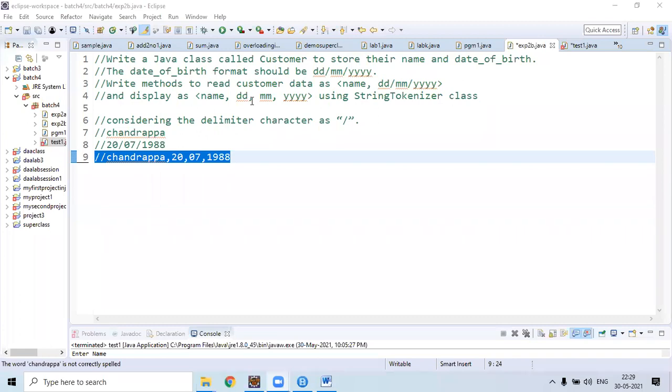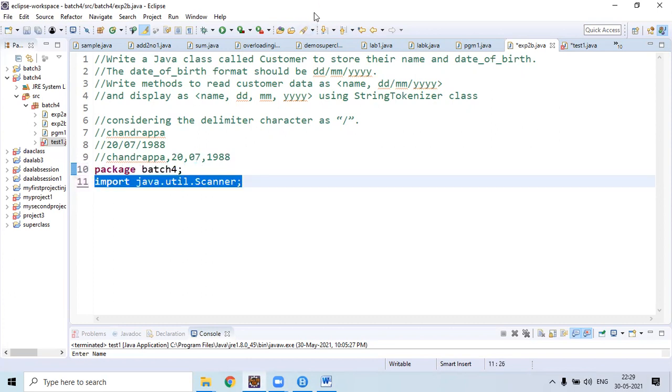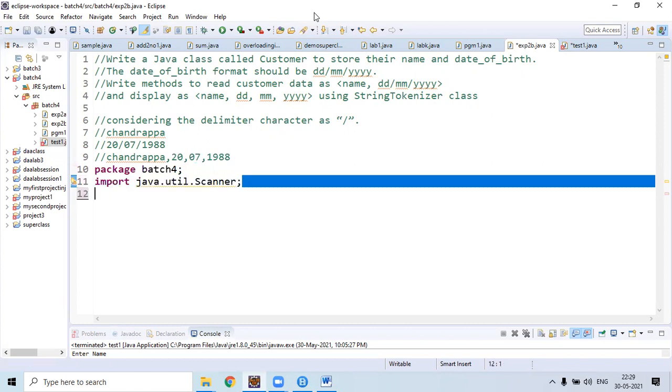So here the first statement is a package. Then next we need to import a scanner class for reading purpose, because we need to read a name and date of birth. So we need to import scanner class.